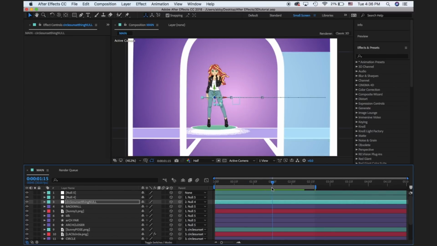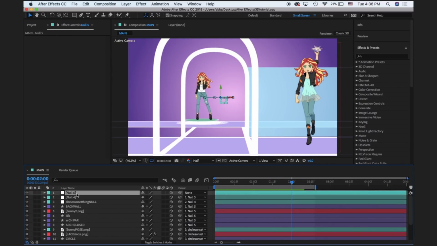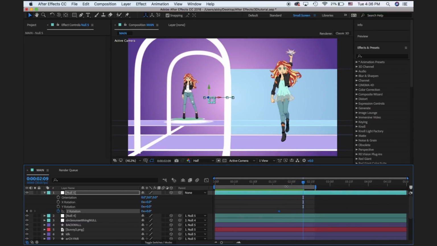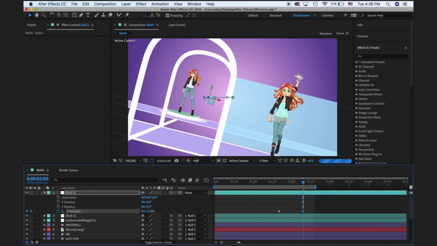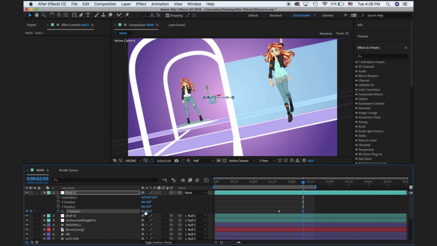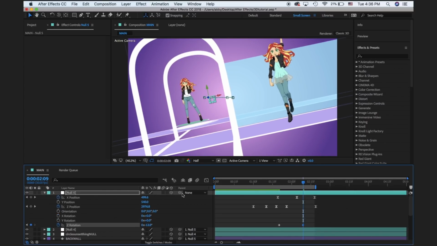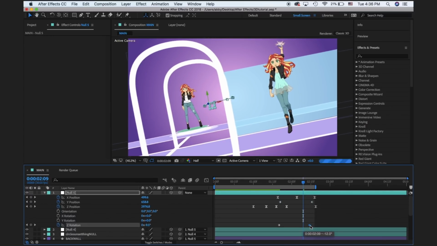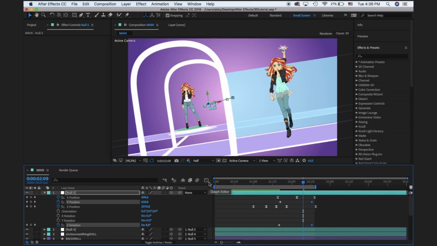To make this movement more interesting, I'm going to add some Z rotation. I'm also going to change the Y position. Do your best and follow along.